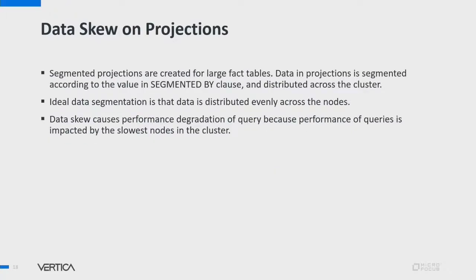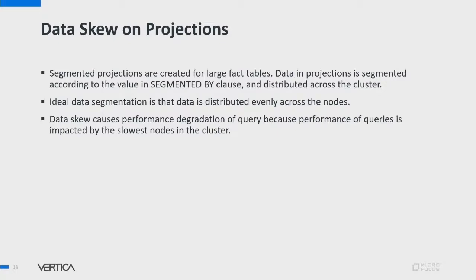Projection design plays an important role in query performance. The segmentation clause of the projection design is used in distributing data to all nodes in the cluster. Ideally, data should be distributed evenly across all the nodes. But if there is any data skew, it could cause performance degradation, as the node with more data takes longer